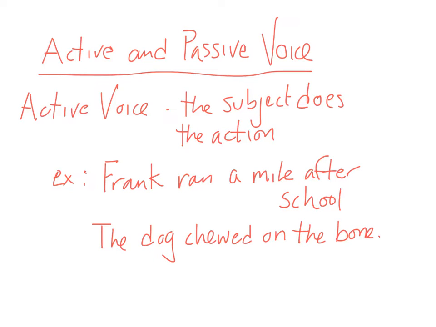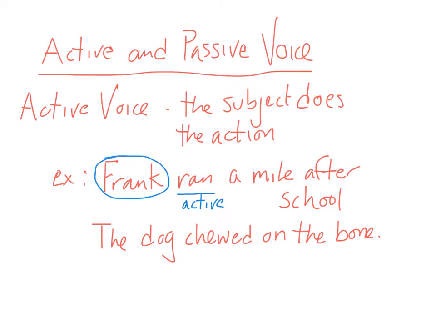In active voice, the subject is doing the action. All right, so what you want to do first is just find your verb. So if we take a look at the first sentence, Frank ran a mile after school, our verb is going to be ran, okay? And then to find our subject, we always ask the two questions, who or what in front of the verb. So who or what ran a mile after school? So the subject's going to be Frank. So this is going to be active voice because Frank is doing the running,